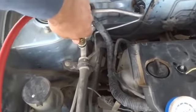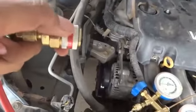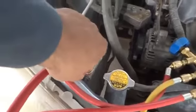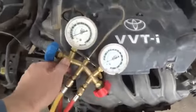By this way, this is an easy quick fix, what is known as. And the other is this high side. The high side is having also the same quick fix, and this is red, you can see. So this will go to high here. So by this way. Now what we have to do is we have to fill the system with pressurized air